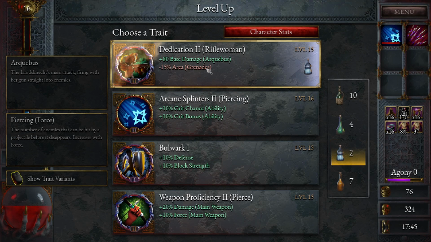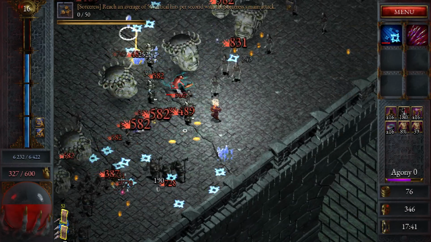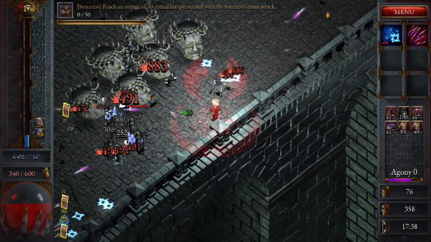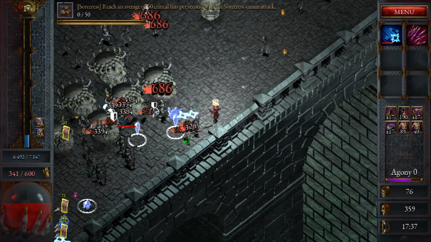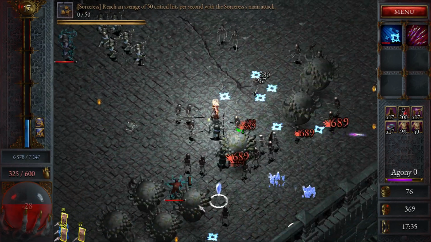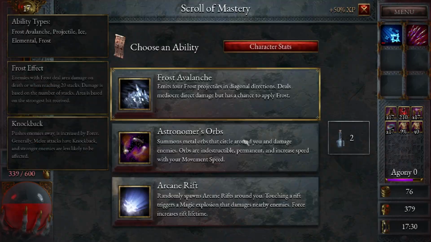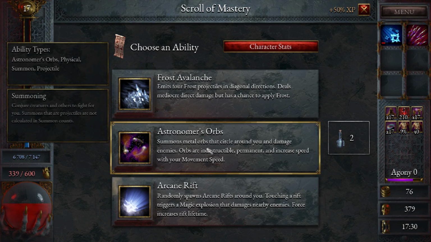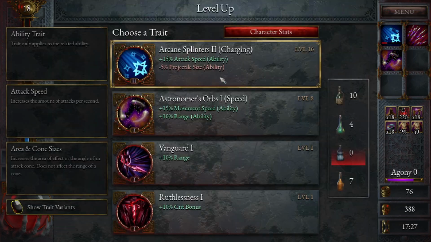I'm actually gonna double up this again, which is kind of crazy, but we're gonna hit some big numbers. All right, 20% damage to projectiles. You know what? I should have really been saving it all for these. Let's be honest. That would have probably been more efficient. For sure, but whatever, it's fine. Meanwhile, astronomer orbs are in fact projectiles. Funny thing about that,